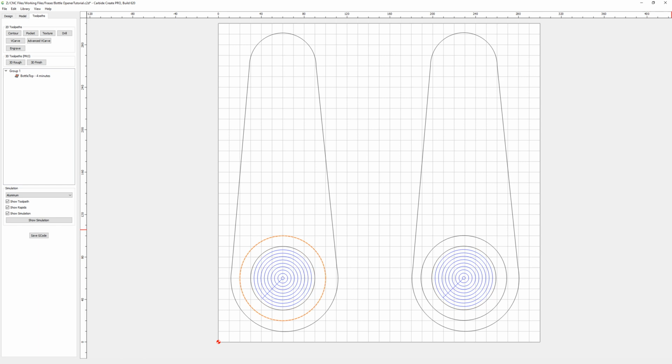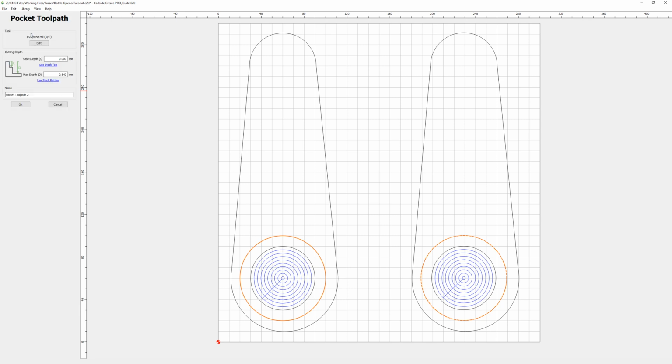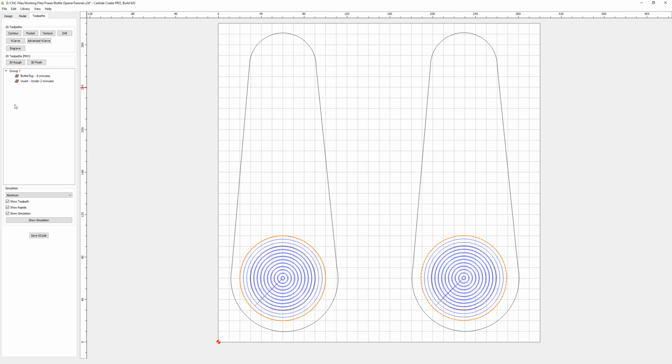Then the cutout for the insert, and again this is another pocket. We want to start at 0 again, and the bottle opener insert is 2 millimeters thick, so we only want to cut to 2 millimeters, and we'll call this one insert. When you're doing these toolpaths, it's a good idea to name them against what they actually are, and then we will select